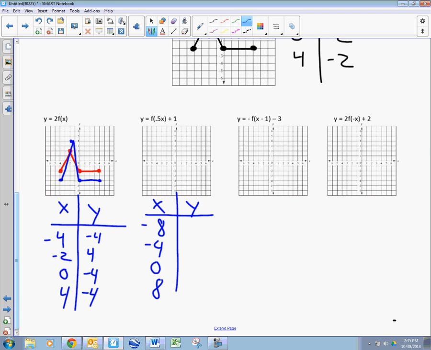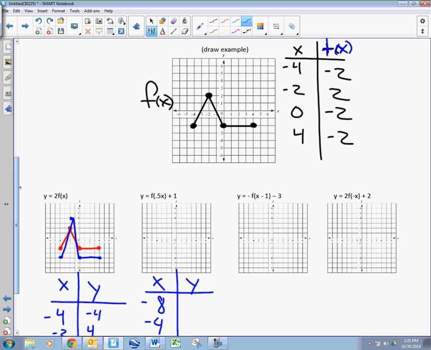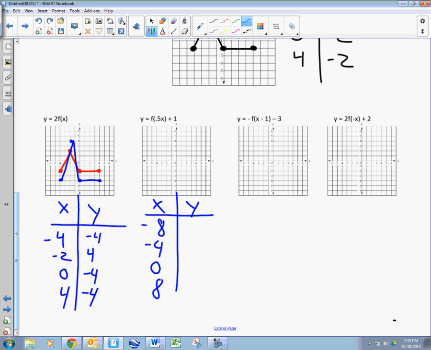Now let's do with the +1 on the outside. That +1, does that affect the x values or y values? The y values, because it's on the outside. So I'm going to take all those y values that we have up there, and I'm going to simply add 1 to them, because it shifts it up 1. So that becomes -1, +3, -1, -1. When I graph this,